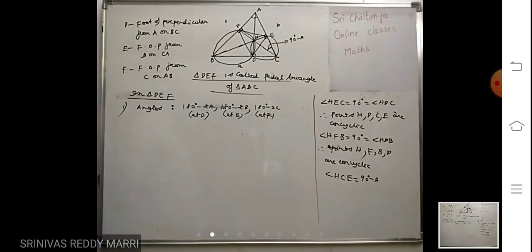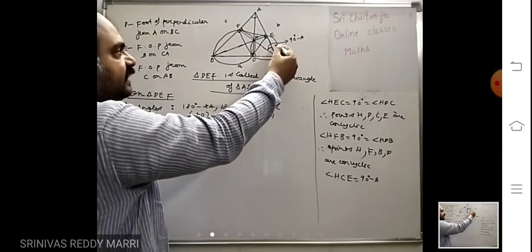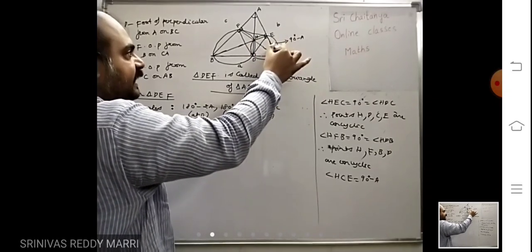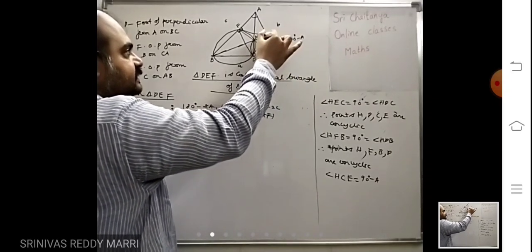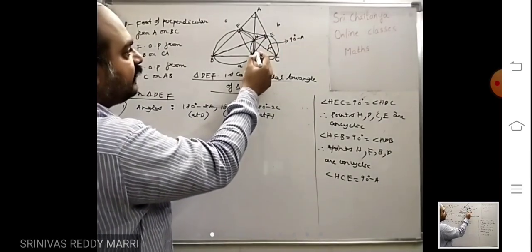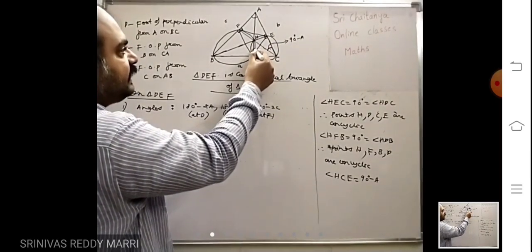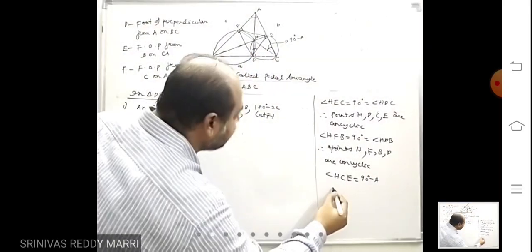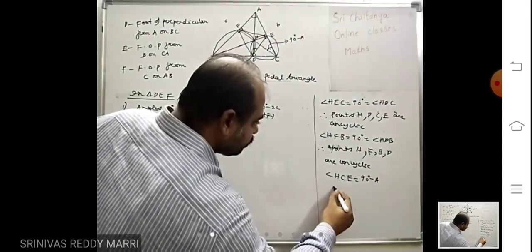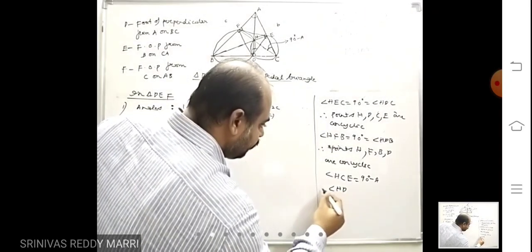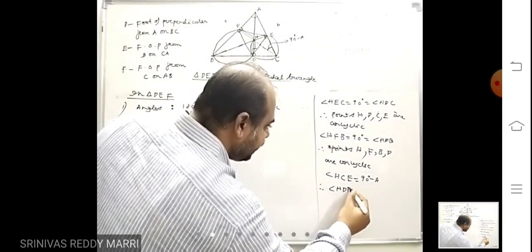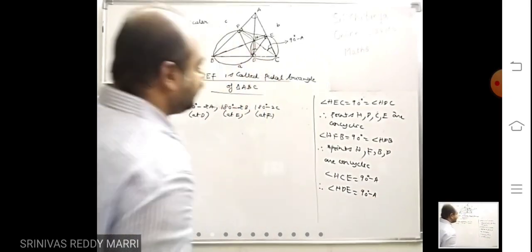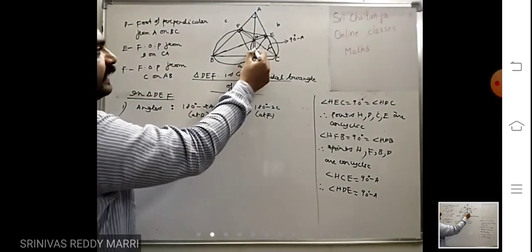Now I am asking about angle HDE. What is that? Angles in the same segment. So this is the major arc. This chord subtends an angle 90 minus A here. The same chord will subtend what angle here, this angle HDE? That is nothing but 90 minus A. So therefore, angles in the same segment of the circle are equal: 90 minus A.